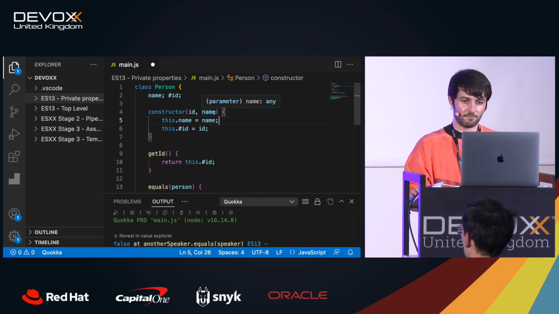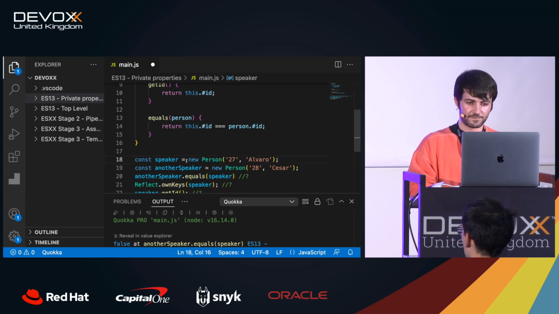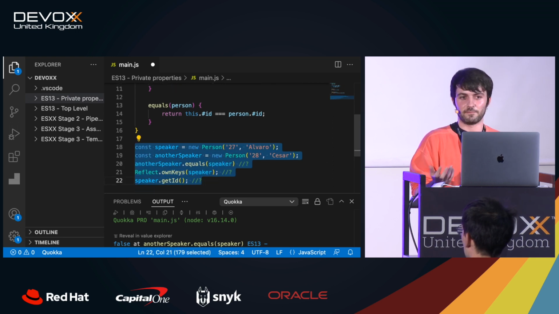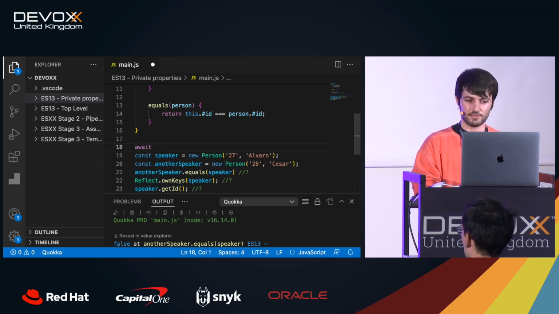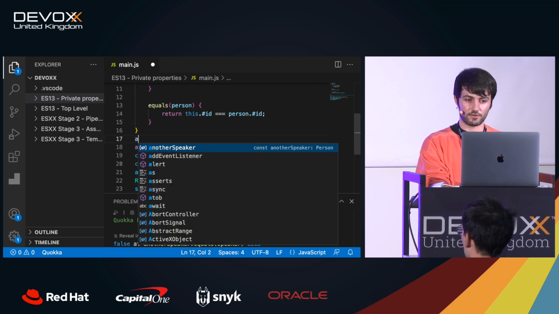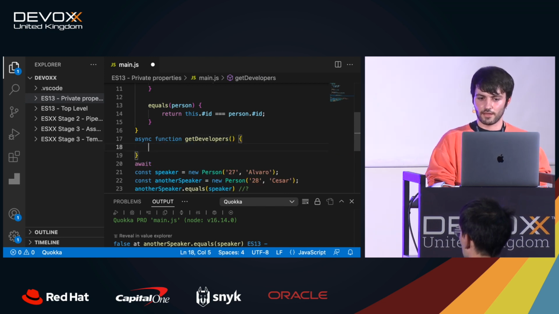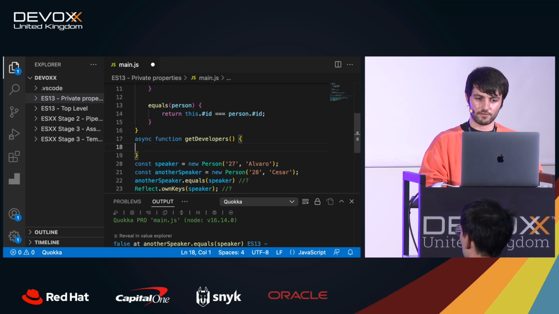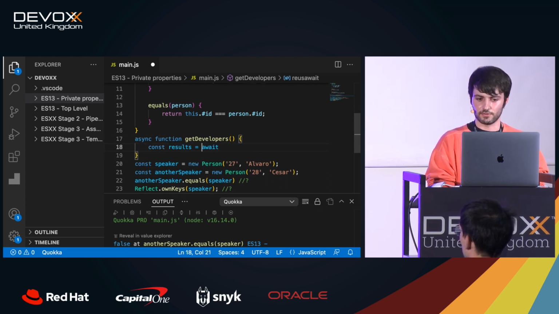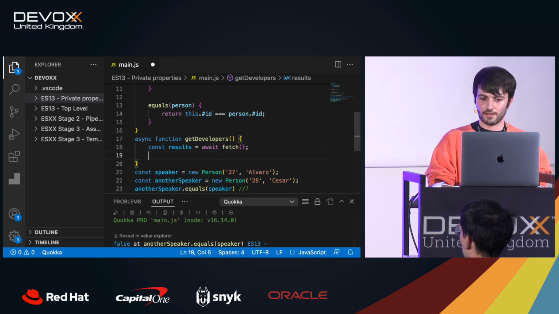The other thing might be a little bit more controversial, to say it in a way. I'm pretty sure you are familiar, if you have worked with JavaScript, there is this keyword that is called await. This is a keyword that you use when you're running inside an async function like getDevelopers. And if this is, for example, a call to an API, you can always do const result equals await, and then you do a fetch and then return results.